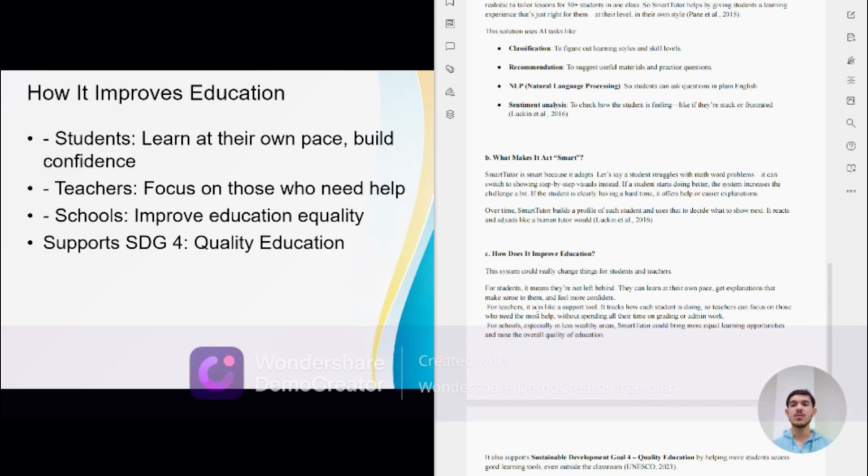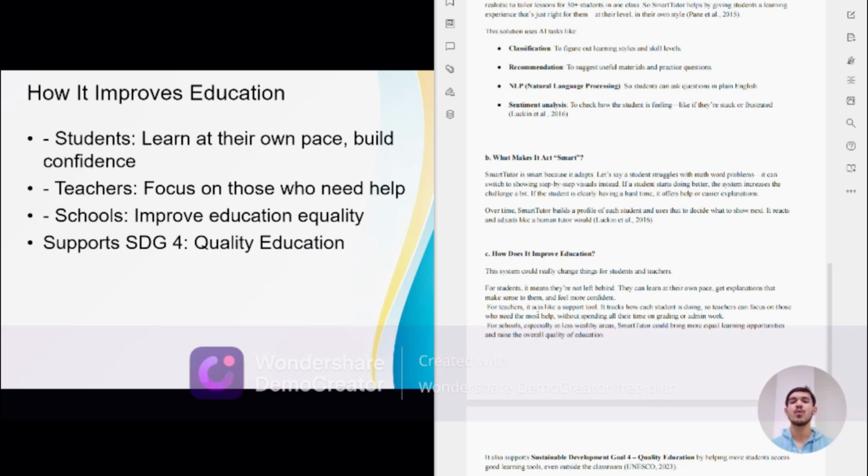How does it improve education? Students learn at their own pace, at the level they want, and the things that they want. Like they will walk their own street. The teachers can focus on those students who need help and need more focus on their lessons.